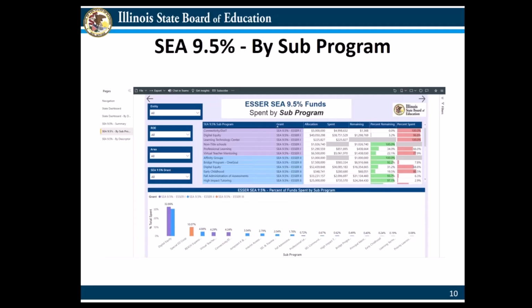For example, the Digital Equity sub-program funded with ESSER I SEA funds was a formula grant distributed to assist school districts in closing the digital divide and enabling digital teaching and learning. School districts were able to use these funds to provide students with technology tools and home internet access necessary for